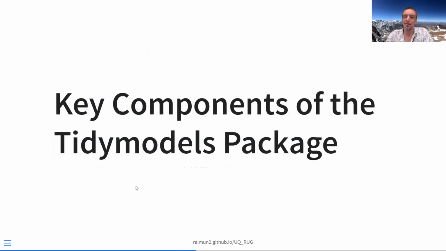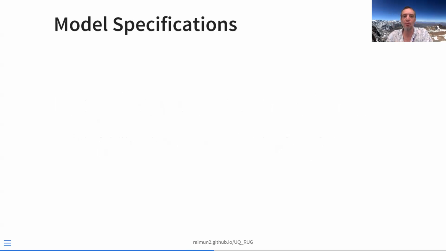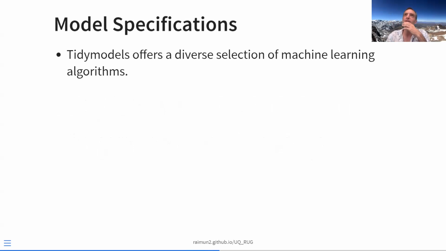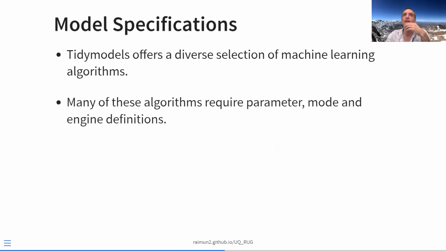So let's go down to the tidymodels components. Tidymodels is comprised of a lot of different parts. And the main part, the most important part, is the engine, the type of model that we will be working with, the model specification. Tidymodels offers a diverse selection of machine learning algorithms, and many of these algorithms require some definitions: some parameter definition, some mode definitions, and engine definitions. The mode definition refers to classification or regression. Engine definition refers to the different packages where these machine learning algorithms are implemented in R, and parameters depend on